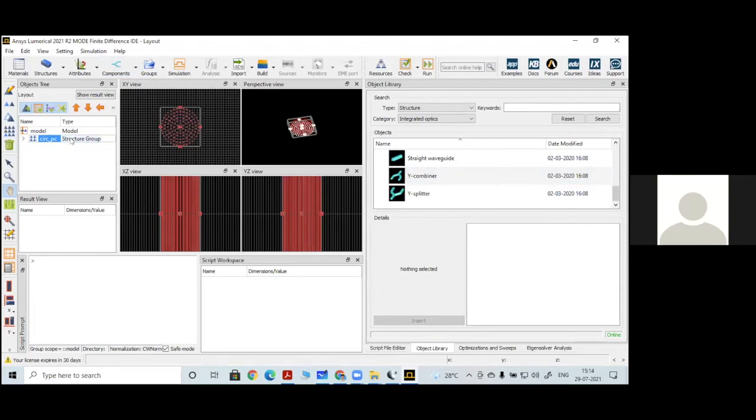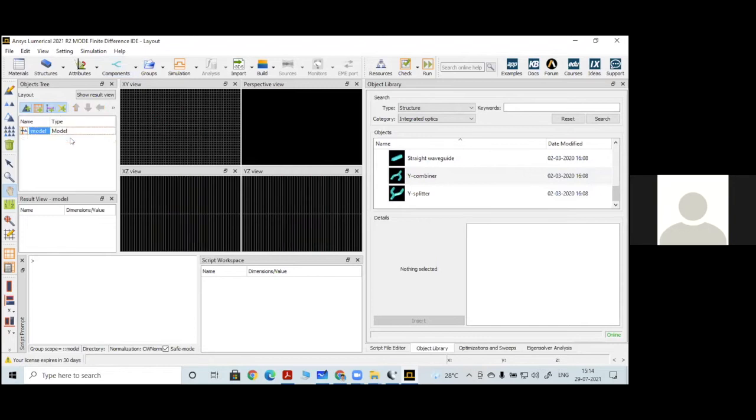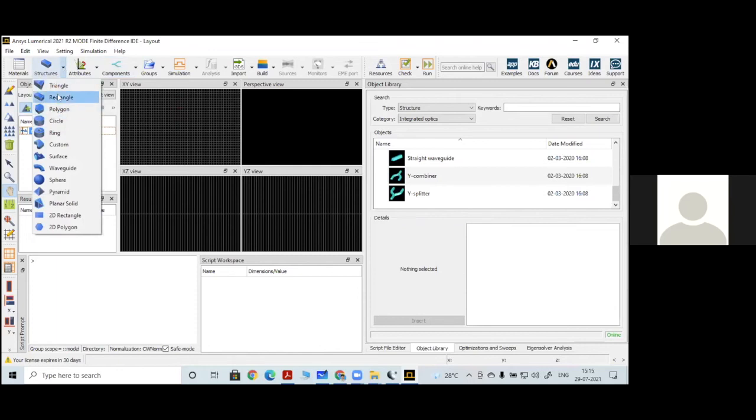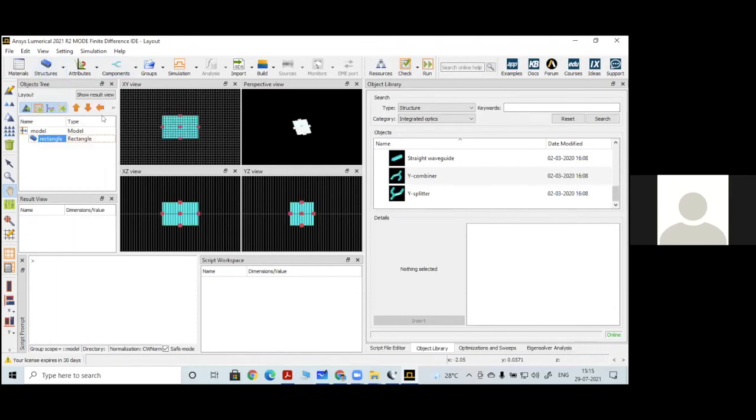Okay, so now let me start with the first example, that is a standard SOI waveguide. There the substrate will be, let me take one substrate. Let us consider the width of this particular substrate is 10 micrometer. If you consider the industry standards for SOI wafers, we have wafers with 1 micron and wafers with 2 micron SOI thickness. That thickness I have to define now.